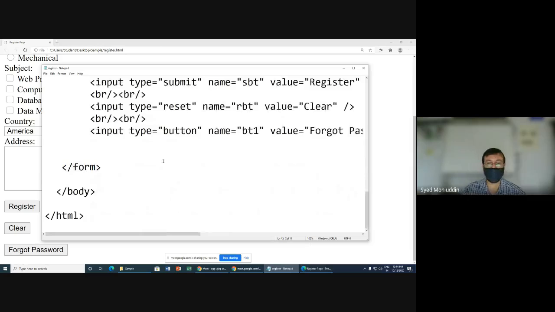This form, the purpose of learning HTML as part of the first unit of this subject, that is web and internet technologies, is that you're trying to create a front end for the user. And from this front end, every website, obviously, if you look at each and every website,